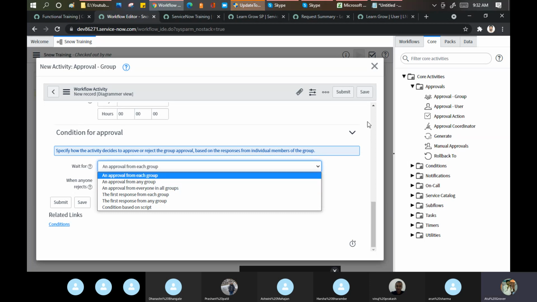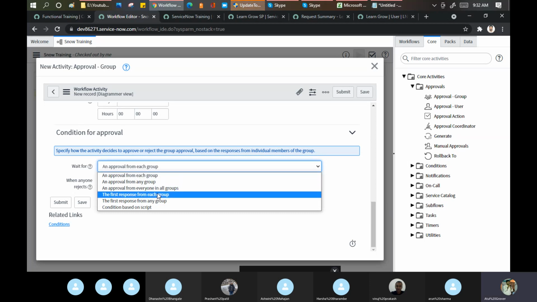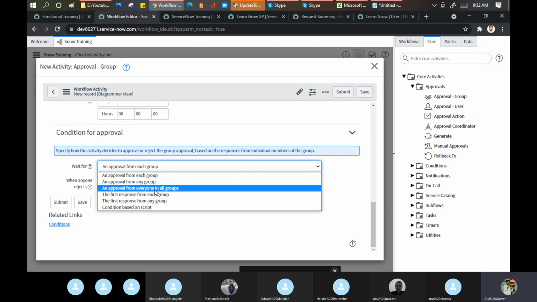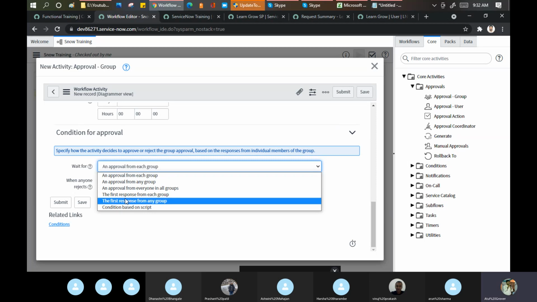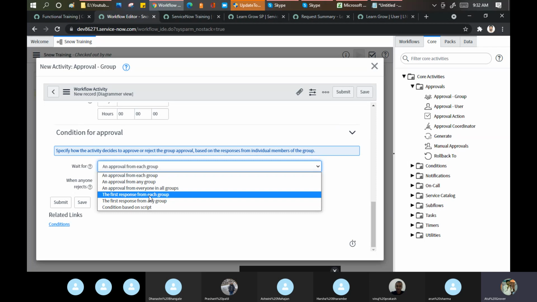The things which I mentioned on the top, the four groups, do I need everyone's approval? Suppose I need approval from my husband as well, and I need approval from my mother-in-law and father-in-law as well. For everyone. First response from each group. Suppose you put this proposal in front of your in-laws, and your father-in-law says, okay, go ahead. Your husband says, okay, go ahead. Then you can do that part, because in our case we have only two members. But if we have 5 or 6 members, then you can easily get it.